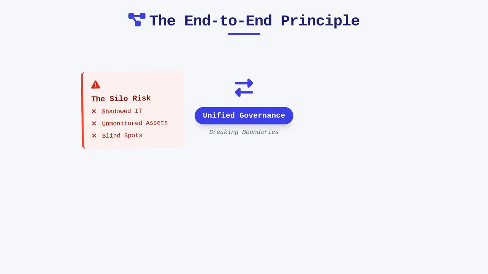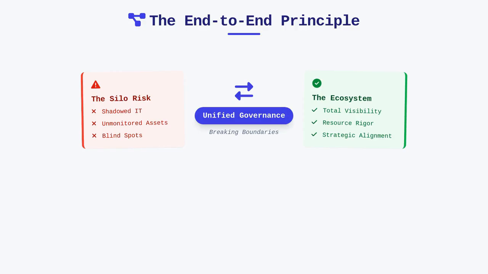By applying governance across the whole organization, you break down the artificial boundaries between IT and the lines of business that rely on it to function. This ensures that every piece of information and every technology asset is subjected to the same rigorous criteria for value, risk, and resource management. It is a unifying concept that brings technical execution under the same tent as strategic decision-making, ensuring total visibility for those responsible for oversight.